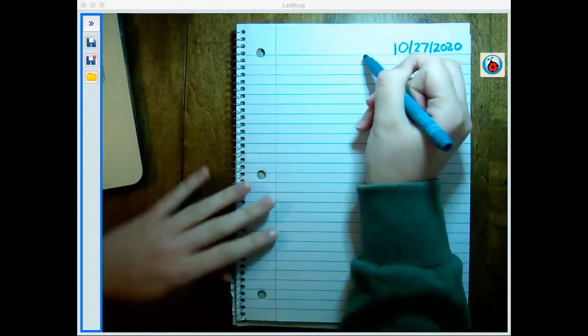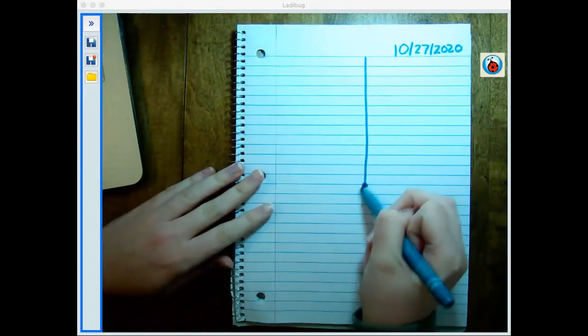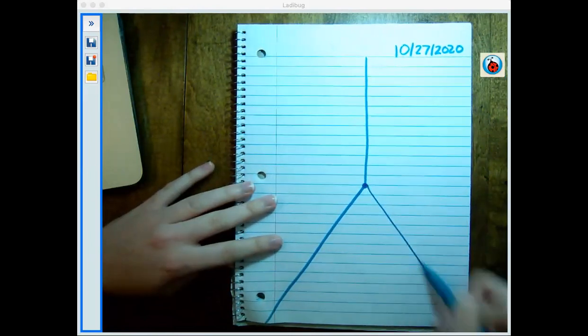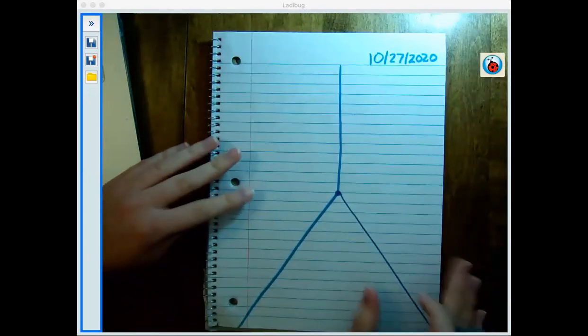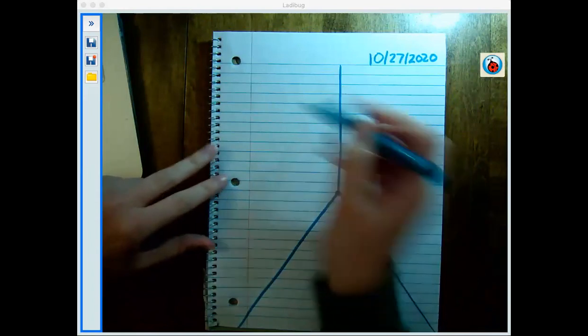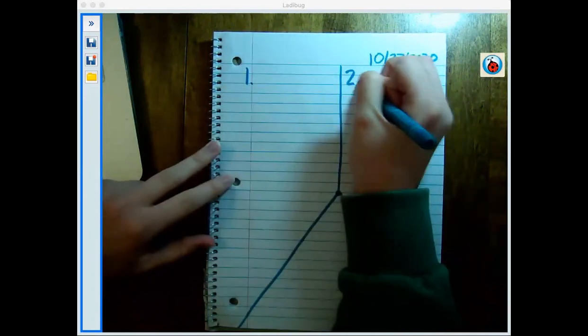So first things first, let's put our date. Okay, and then we're going to separate our page into 3 sections like that. Okay, we have done that before. Okay, then after that, we're going to label each section